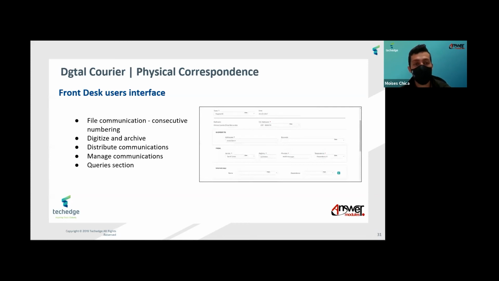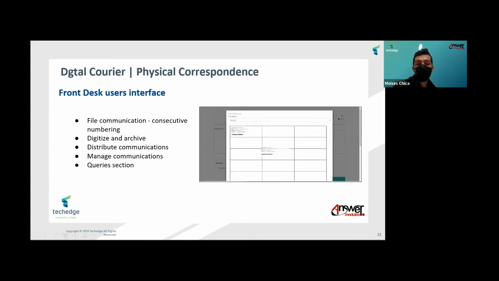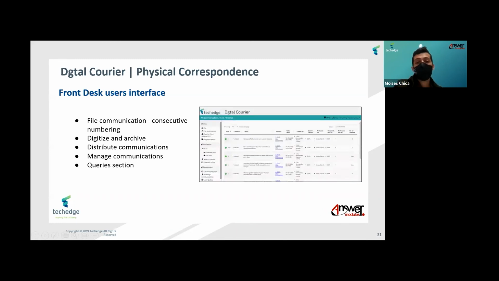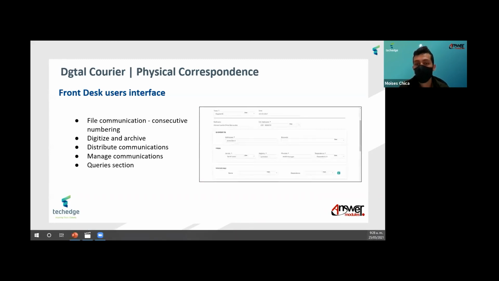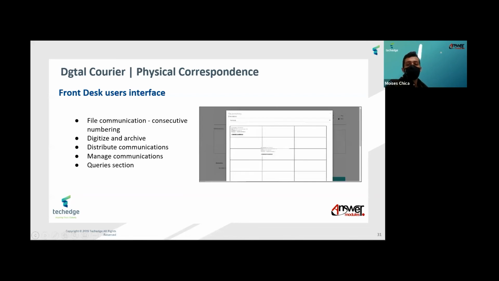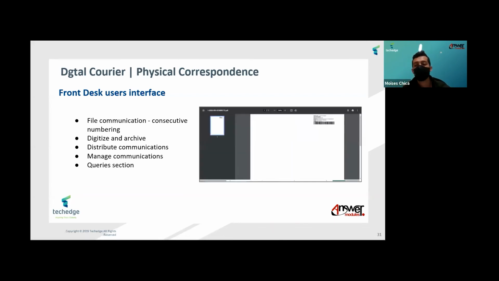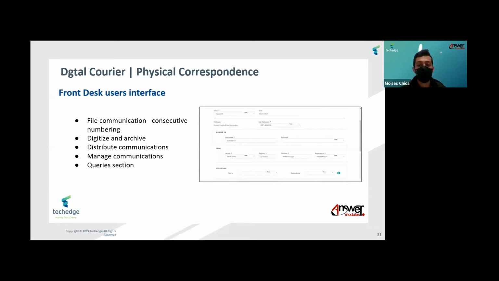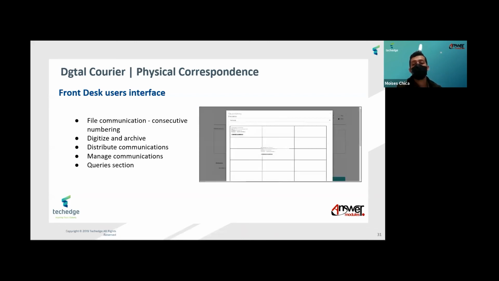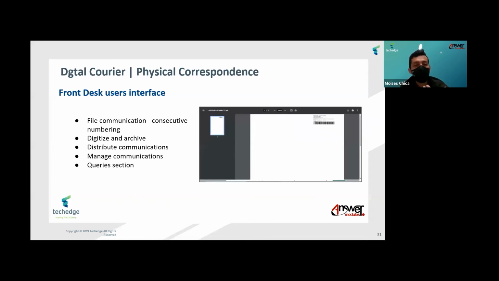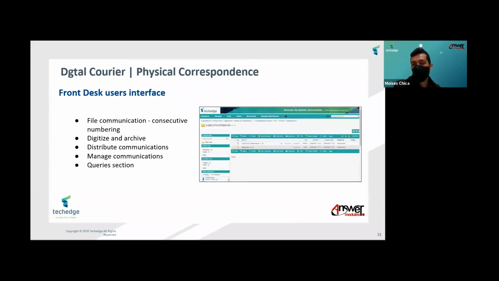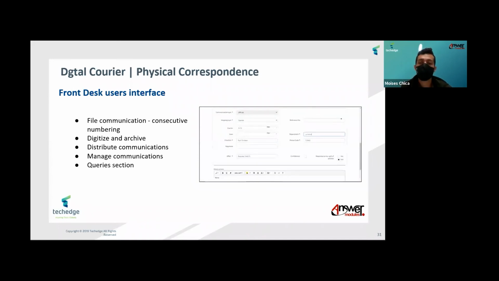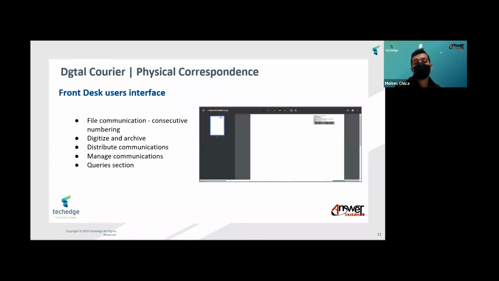Correspondence during an outage. It will also allow the user to digitalize and archive the communications using enterprise scan, and it will also have a query section. This query section will allow the user to search communications according to their origin, but also search dispatching forms or internal routings, and so they will always control and track a communication. And they will also be able to filter those results and export these results to Excel as well.